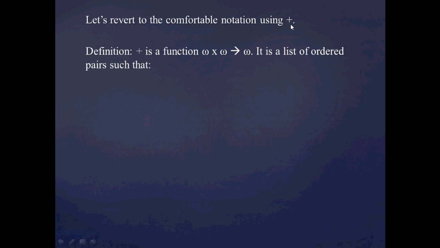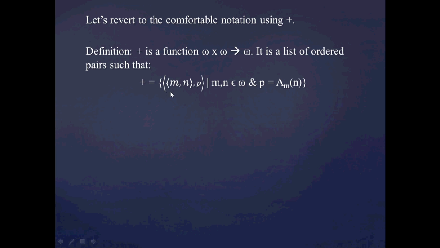But eventually we want to describe that notation in terms of the comfortable notation that we're used to using, like when we see 2 plus 2. We want to interpret that in terms of the a sub m collection of functions. So we're going to revert to the comfortable notation using plus in the following manner. We're going to define that plus symbol as a function which takes some ordered pair in the Cartesian product omega times omega. For example, that ordered pair might be (3, 4), and it's going to output a number in omega. Being a function, it's going to be a list of ordered pairs such that it has the following definition. The plus sign is going to be equal to